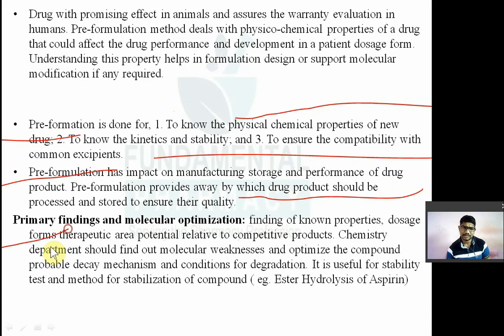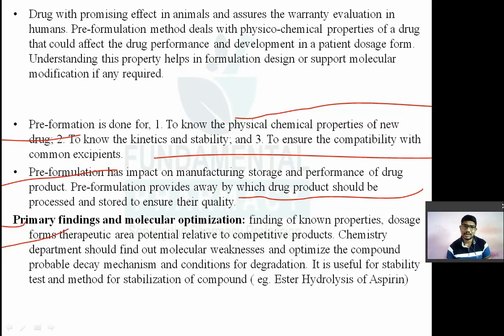So primary findings and molecular optimization. जैसे मैंने बोला, R&D ने कोई ड्रग बनाया तो वो डायरेक्टली प्री फॉर्मुलेशन डिपार्टमेंट, फॉर्मुलेशन डेवलपमेंट डिपार्टमेंट को जाता है, तो वो चेक करते हैं उसका फिजिकल इंपोर्टेंट प्रिलिमिनरी पैरामीटर्स, उसमें अगर कोई लगता है कि कुछ मॉडिफिकेशन करना है तो वो फिर से बाद में R&D को हैंड ओवर करते हैं।